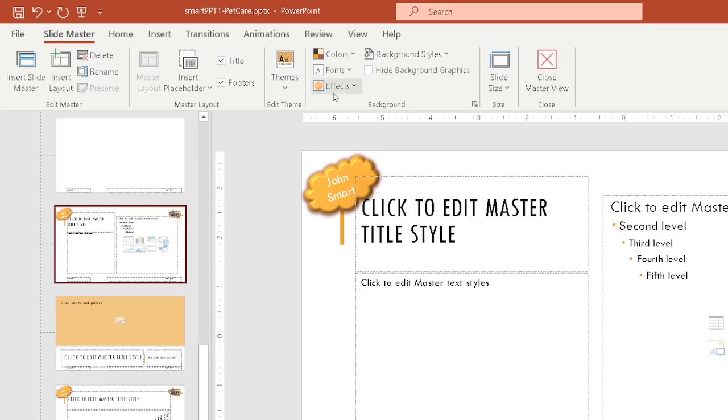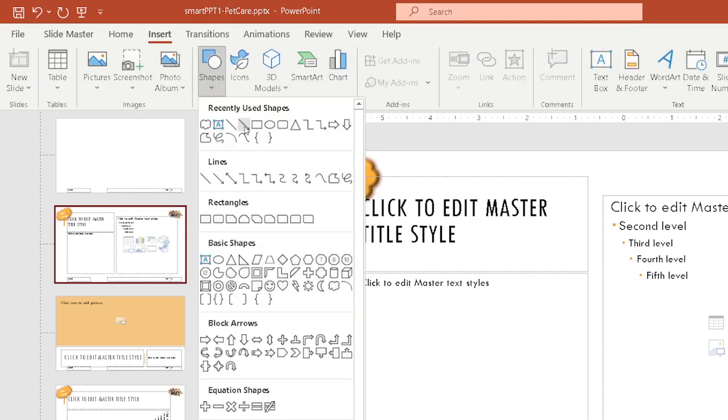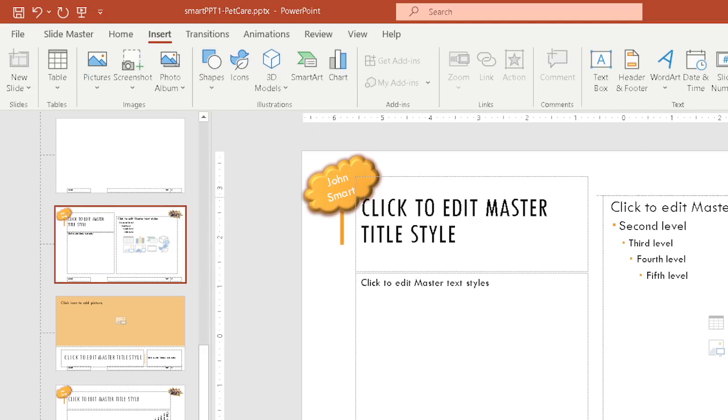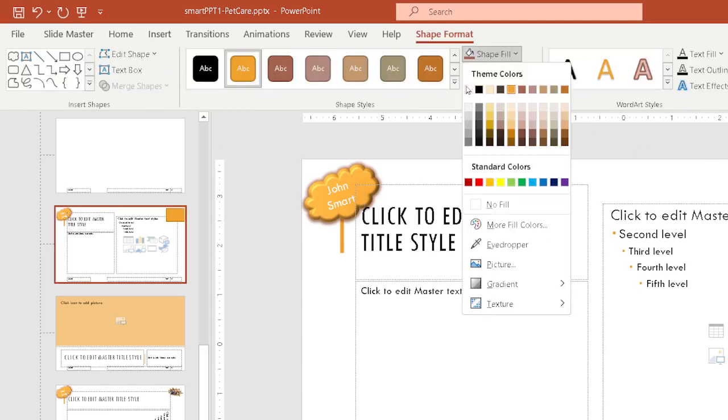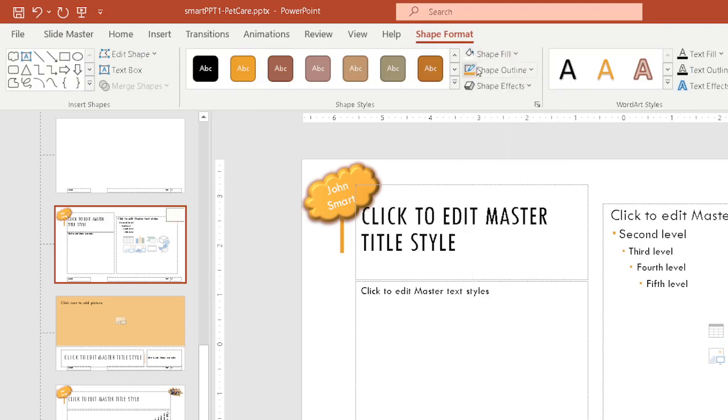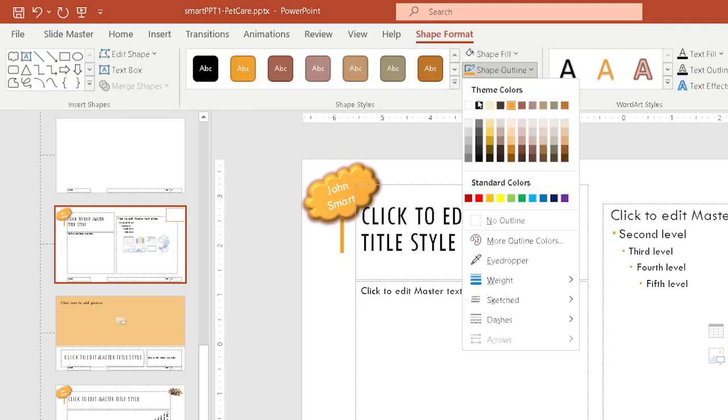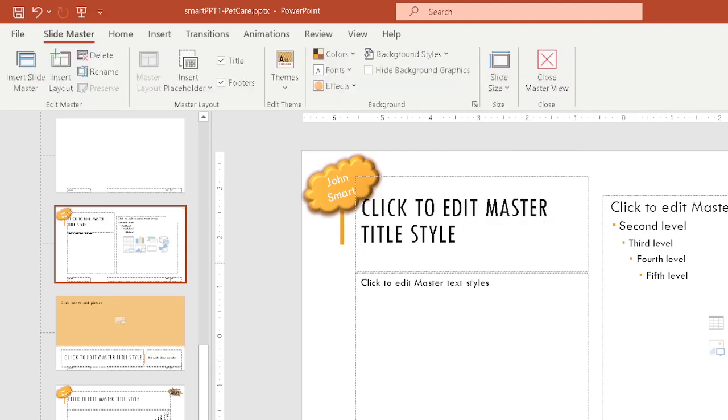Let me see if I could hide that. Let's do an Insert Shape, and let's make it a white rectangle. Fill it with white. Make the border also white. And now I'm hiding that particular picture for that